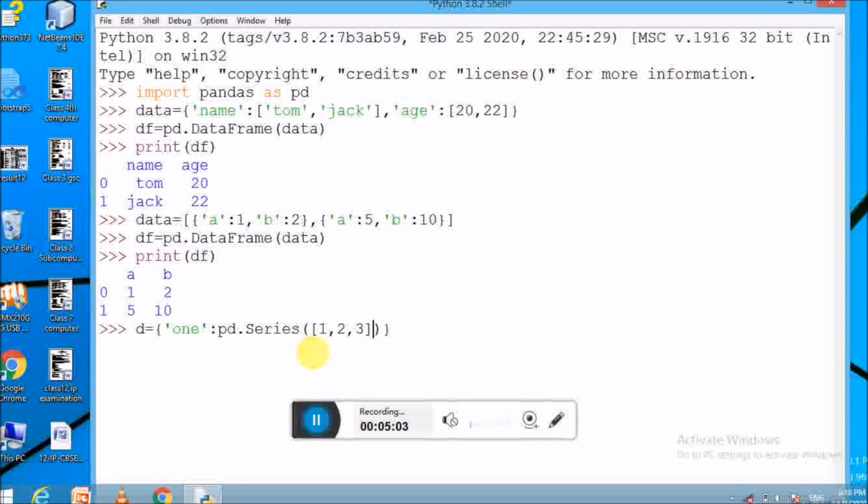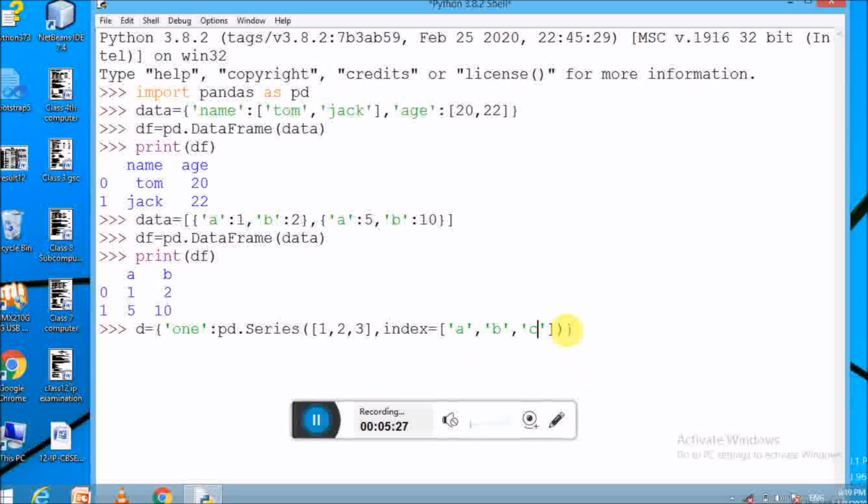Here I pass inside the constructor the data in the format of a list, 1, 2, 3, and we should also provide the index. Inside the square brackets I pass the index a, b and c.